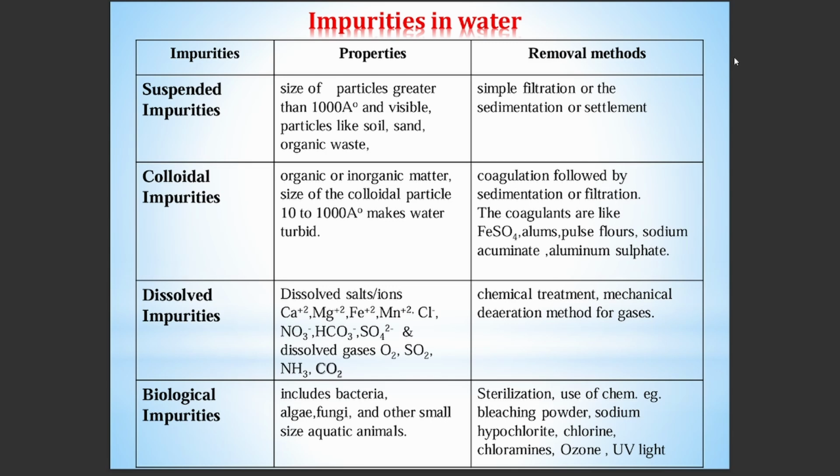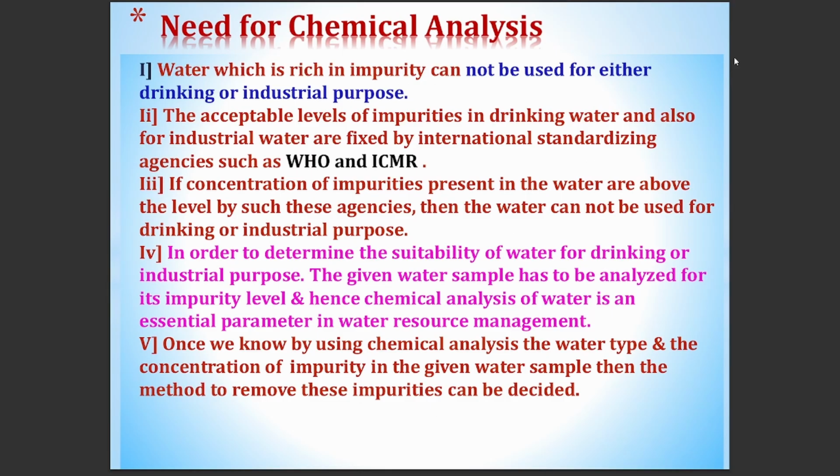Dear friends, these impurities can be removed by sterilization or by use of certain chemicals such as bleaching powder, sodium hypochlorite, chlorine, chloramines, ozone, and also by physical methods, by using UV light, we also sterilize the water. So, dear friends, these are the impurities present in the water, and we also discussed the removal methods for their removal. Next,